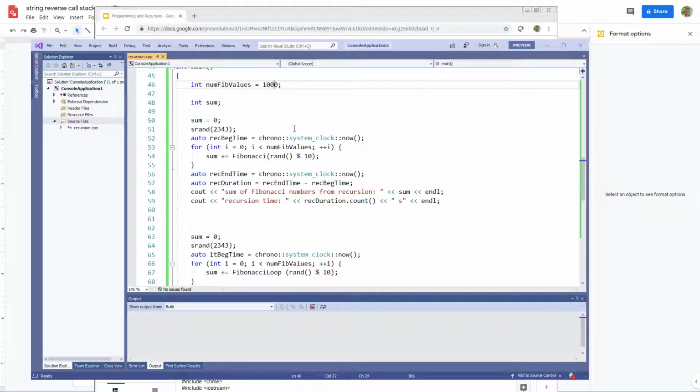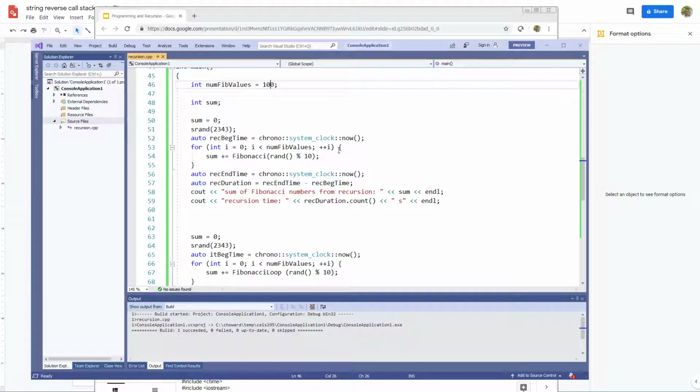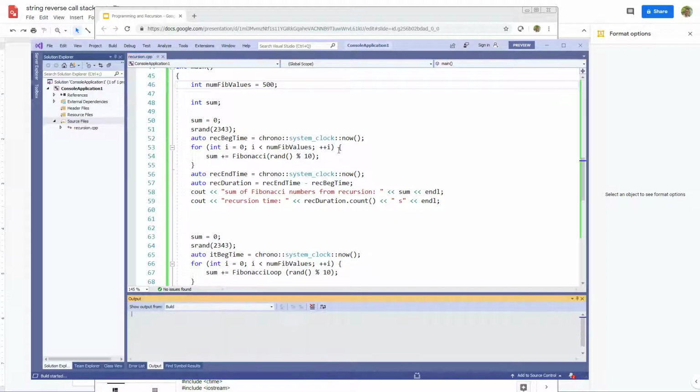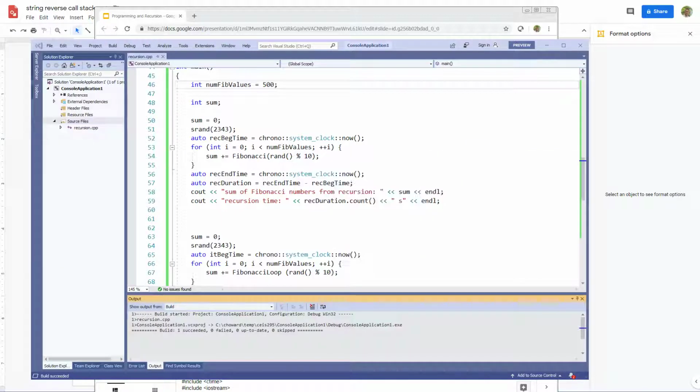It's really odd that 100 took 0 seconds, but as soon as we increased it to 1,000, let's try 500. So that's a really odd time problem that I'm going to have to figure out. Why would we get